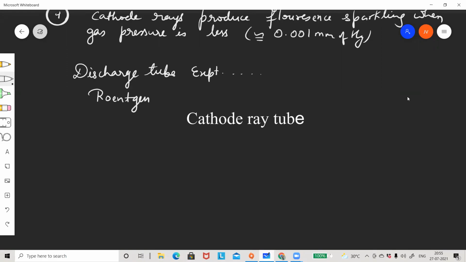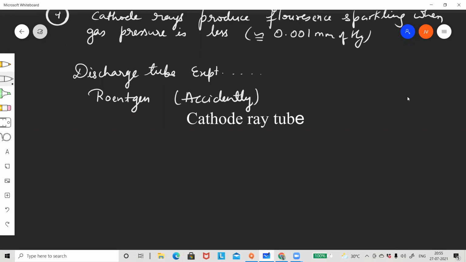And what happened accidentally to Roentgen, it all happened accidentally. You must have read in the properties or nature of cathode rays. I'll come to that. Okay, the screen also I'll have so that I can show you again. So Roentgen, accidentally what happened is, a similar kind of discharge tube, not the one that I'm showing you, a similar kind of discharge tube,